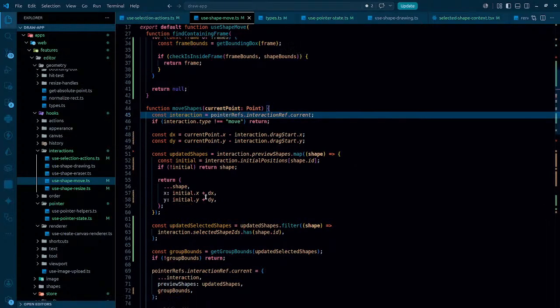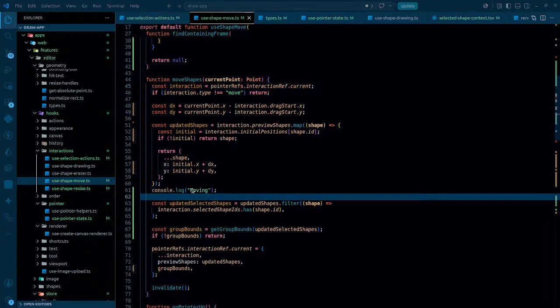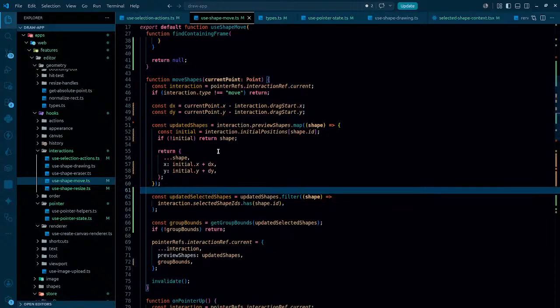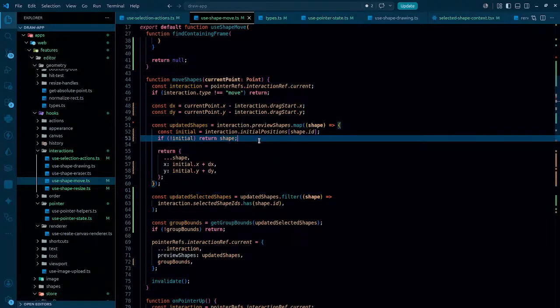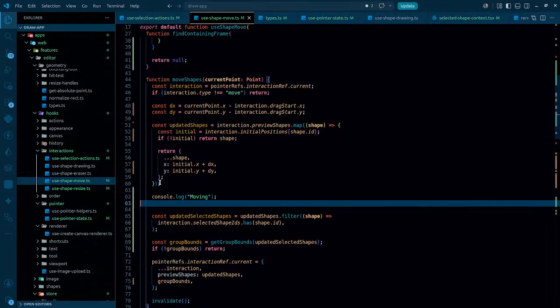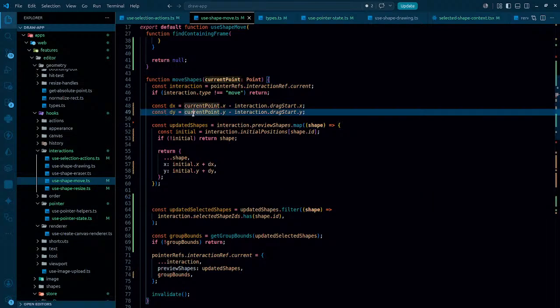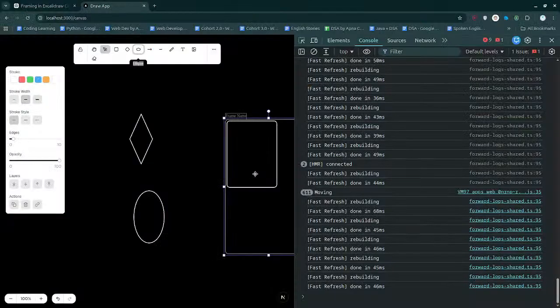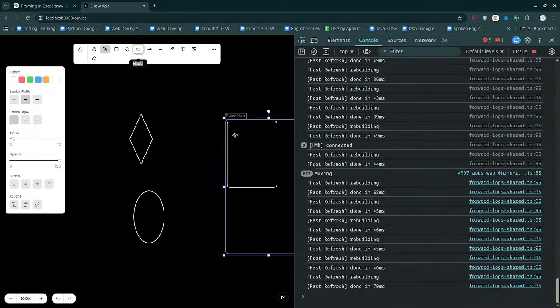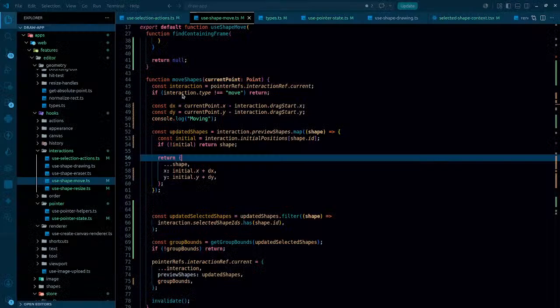If the moving is getting called, then the next thing is, okay, this particular thing is not getting called. Probably this is something that I need to check. If it is not running, that simply means when I start moving, at that time,